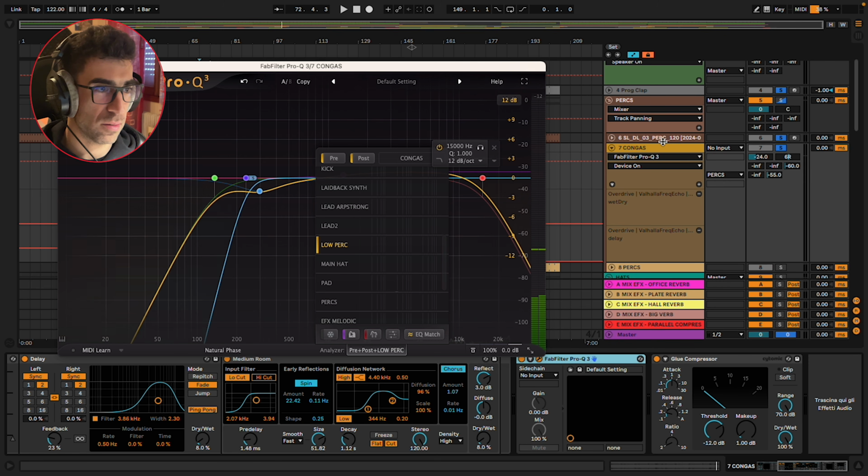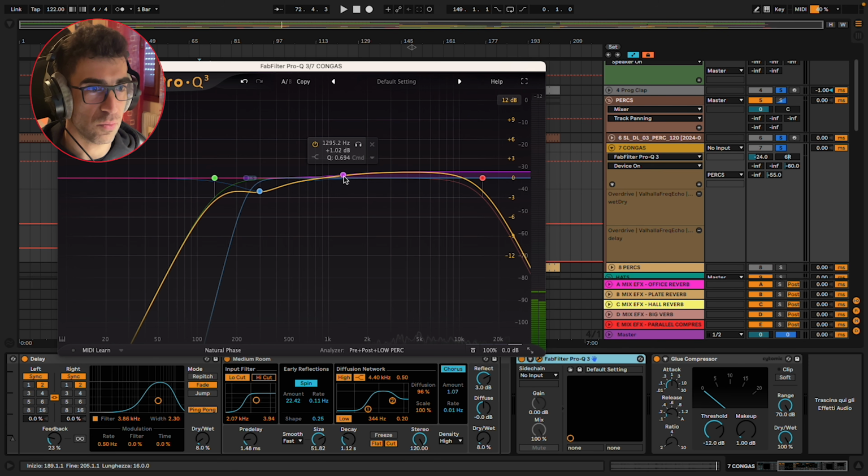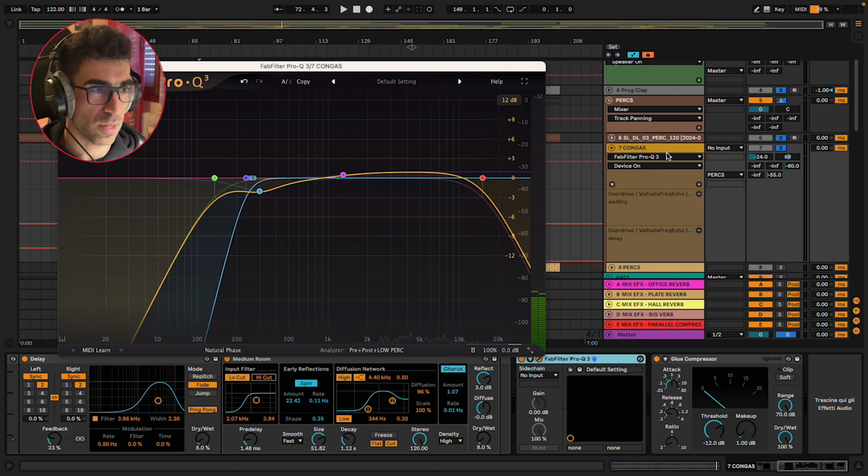So as these congas are secondary in my priorities list, I just turn this -2 dBs down here to make a bit more space for the low perc. And then I gave a little bit of volume back here around 1K to give them a bit more presence and to sculpt them into their exact frequency range.